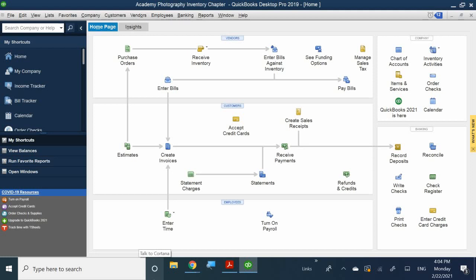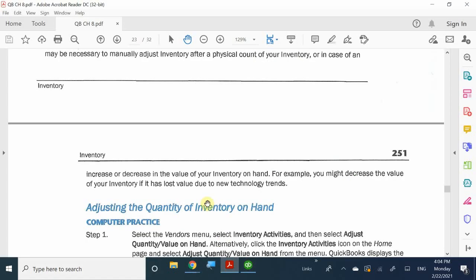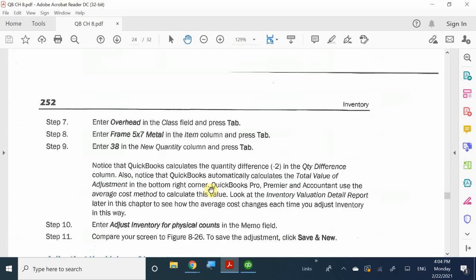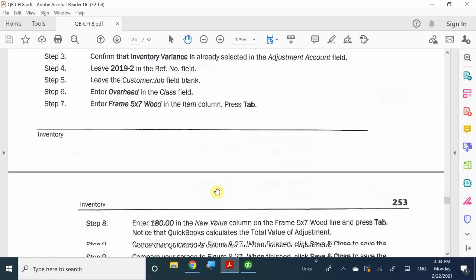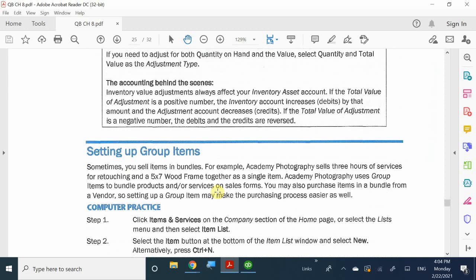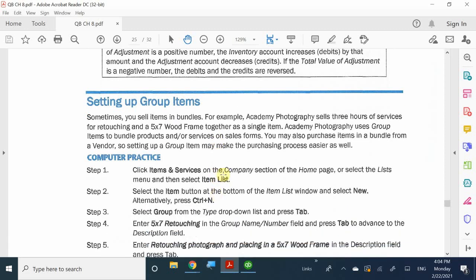So the first one that we're going to talk about is going to be inventory groups or group items. Okay, so in your book, it kind of gives you a brief little description of what this entails. So when we are looking at creating group items, okay, this is for the assumption that bundles are a thing, right? So if you're selling a product, right, you would have, you know, discounted items, or you can group a bundle package to make, you know, more money off of it,